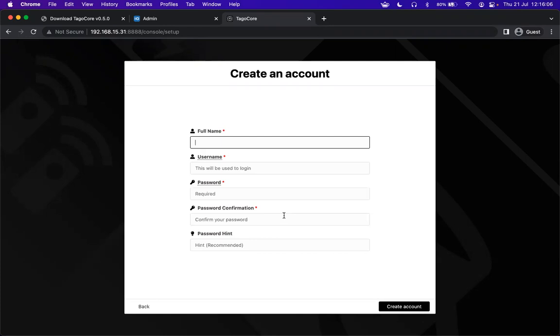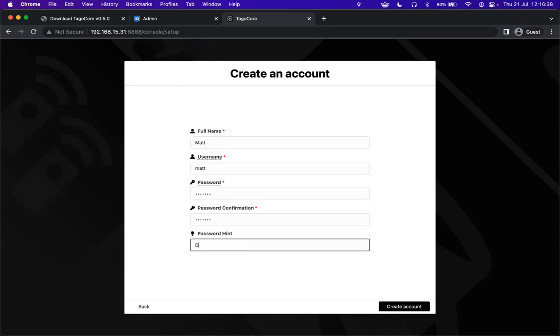So we need to provide a full name. I'm just going to be putting Matt here, just so we can go along quicker. The username will also be Matt, but all lowercase. And the password, I'm going to be putting a default password. And the hint is a little text that you can provide in case you ever forget your password. So you can give a hint to yourself in the future in case you forget the password for this specific username, which is Matt. In this case, I'm going to set my password hint as default password